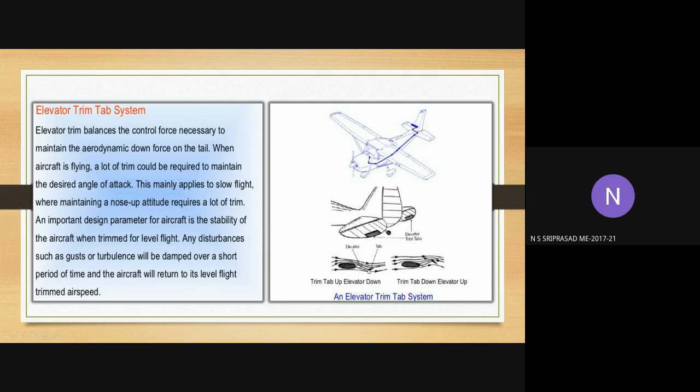Okay, so it will make sure that the plane doesn't go up and down randomly. That's what a trim tab is used for. Even when you're modeling planes, in that aero modeling session, we don't have a particular trim tab system, but before, like usually in normal planes, we see that